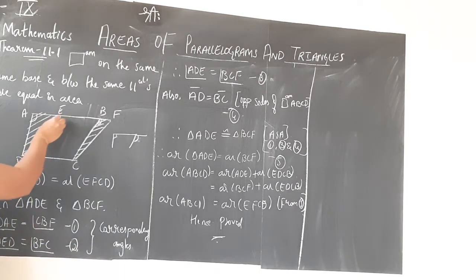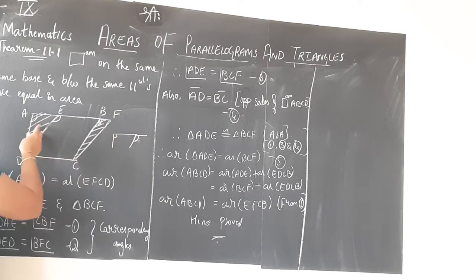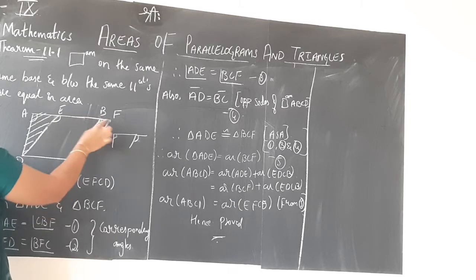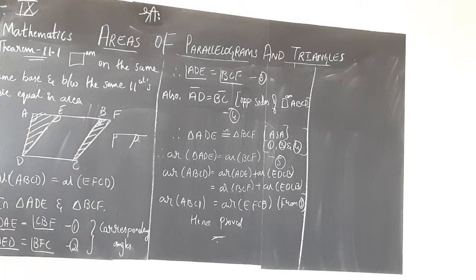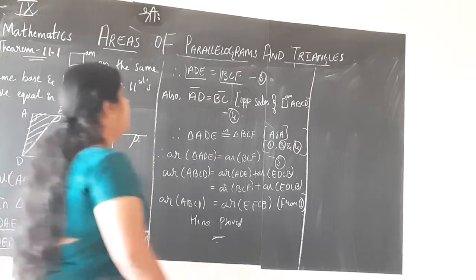Similarly, angle E and angle F as well. Again, these two angles E and F, you can draw them individually and check, children. Angle AED is equal to angle BFC, call it equation 2. How do we say these angles at A, B, E, F are equal? Because they are corresponding angles. The reason you should write in brackets, don't forget. So these are equations 1 and 2.